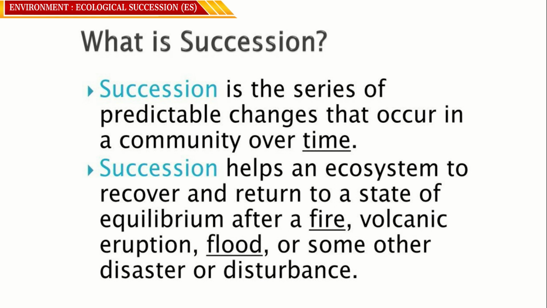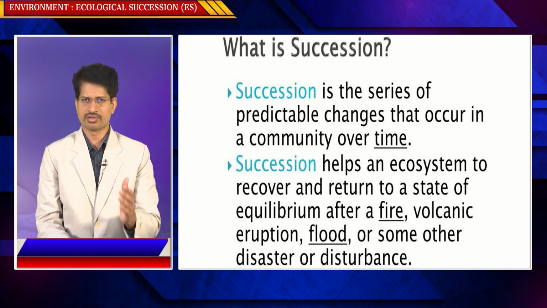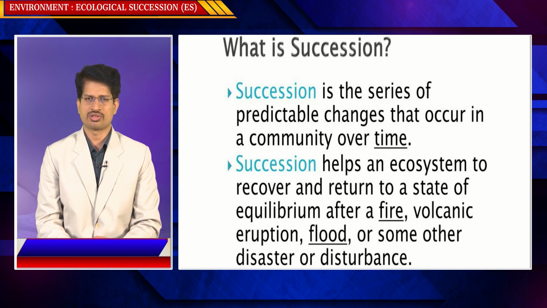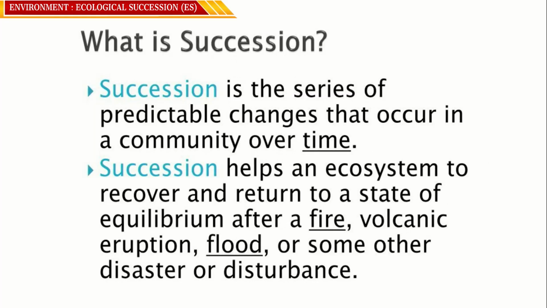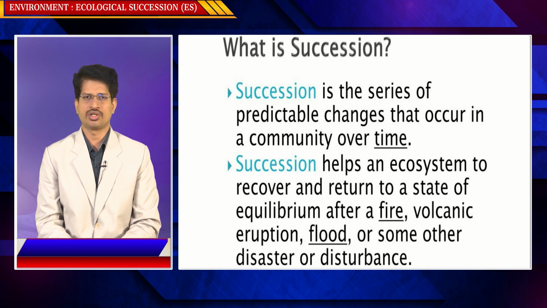This is known as secondary succession. When the existing ecosystem is destroyed, some species again try to establish themselves in the destroyed place, and again succession happens, which is known as secondary succession. The difference between primary succession and secondary succession is that in the case of primary succession, there are no pre-existing life forms. Secondary succession happens when existing ecosystems or habitats are destroyed. There are pre-existing life forms, but they have been destroyed because of certain calamities,